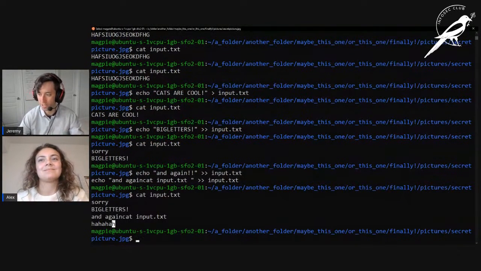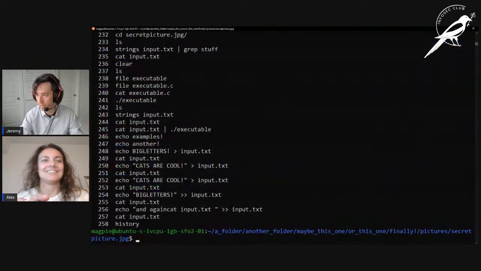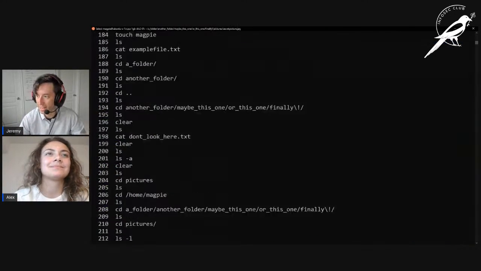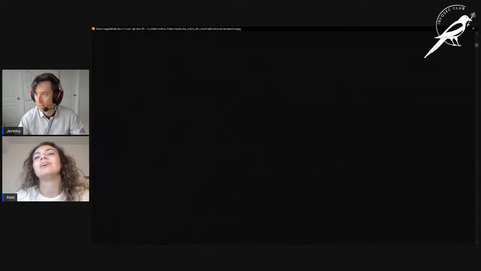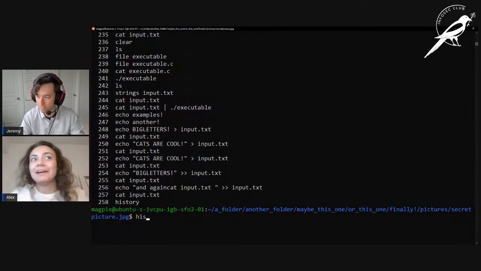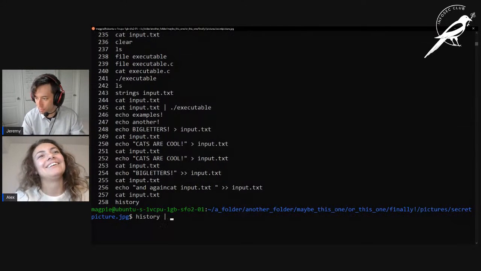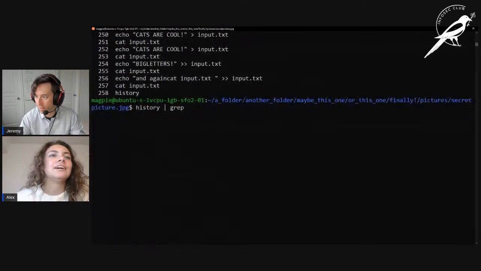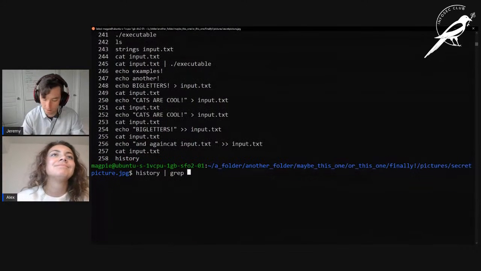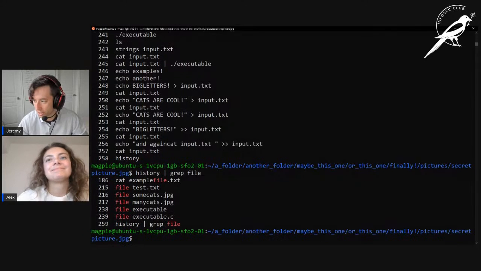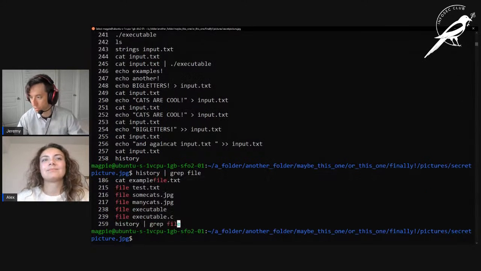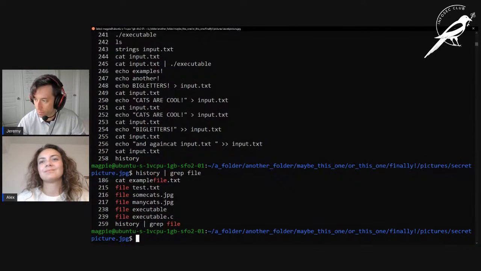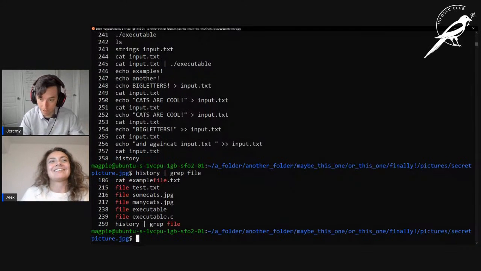Yeah, spend 10 minutes looking through your history. I believe you can also just type history. Yes. You can type history, and here are all the commands that I've put in since I logged onto the machine. Yeah, history, and then grep it. You can grep anything. Yep, if I type history, pipe, grep, file, there's everything that had file in it. From the history, from all of this, I can just find those ones specifically. So yeah, you're learning how to grep, you're learning how to use the pipe, you're like a power Linux user now.